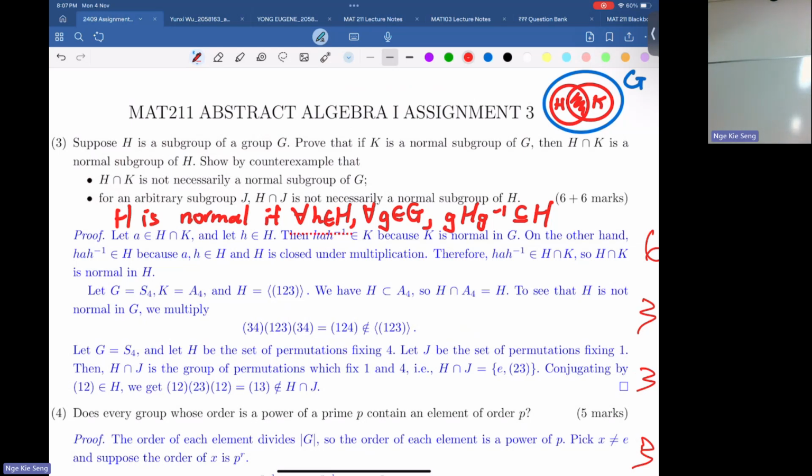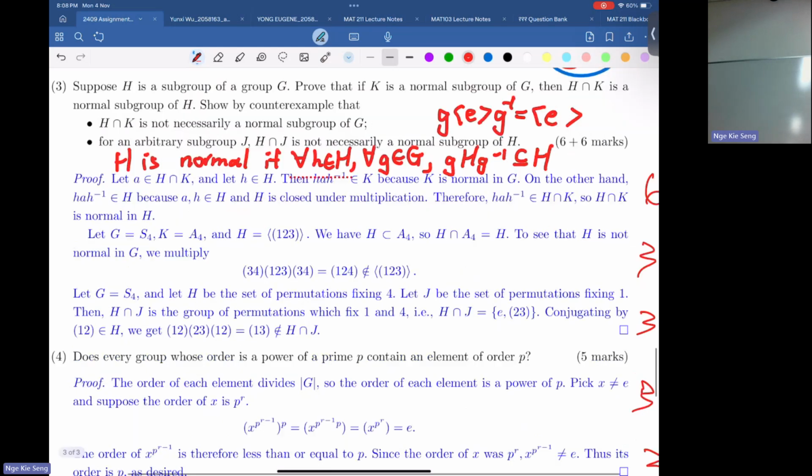Okay. So if your H is trivial, meaning what? G inverse is what? Still E. This is true for all G. Okay, so G inverse is just E. Okay. So it's always normal. Okay, don't look for this trivial case. So that's how we say this group is trivial. A lot of property it satisfy trivially. Okay.